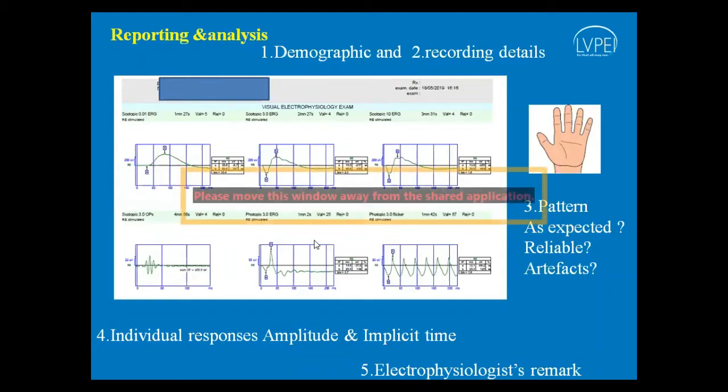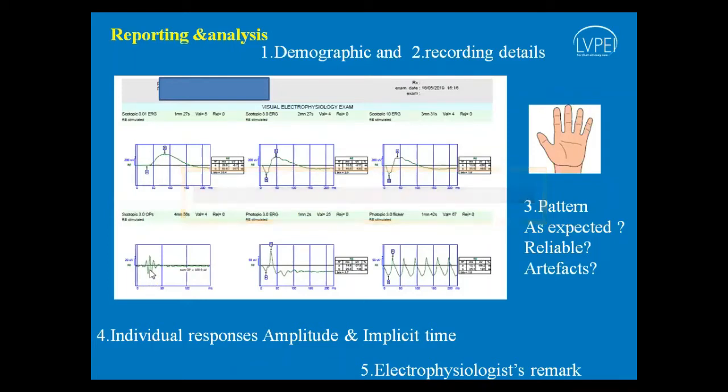the initial part of the A wave is from the rod photoreceptors, followed by bipolar cells with some cone contribution. Now the fourth program is oscillatory potential, which is specific for the amacrine cells. Again, inner retinal layers, they are very small, minute wavelets, multiple series of wavelets. So these waveforms, the way to analyze them is whether they are present or not.